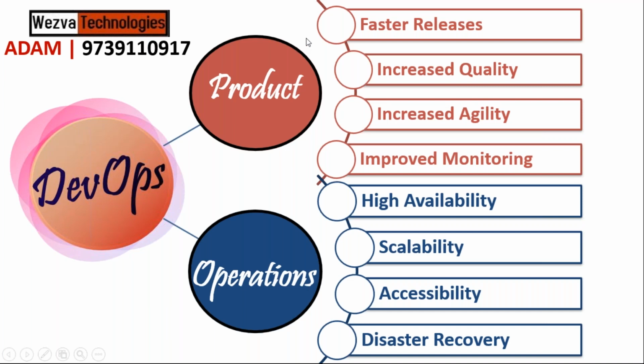So now if you understand, these are the problems that, as a DevOps engineer, you have to solve. But it is not going to be the duty of a single DevOps engineer to solve everything. Why? Because if you join as a DevOps engineer in a product group, then your major focus will be the product side. If you join an organization to be part of an operations group, then your major focus will be operations. However, an organization might sometimes also ask you to work on a combination of these.